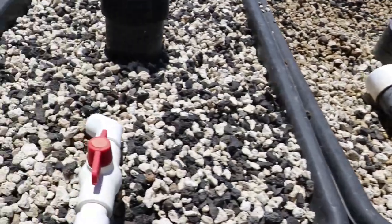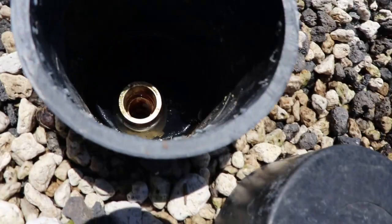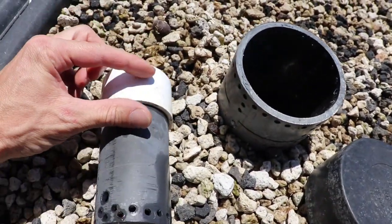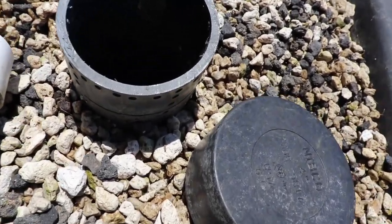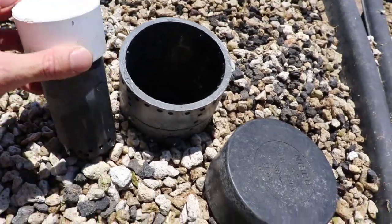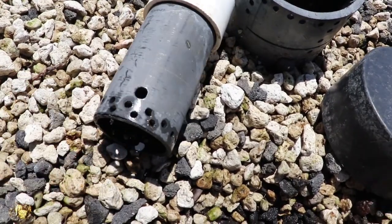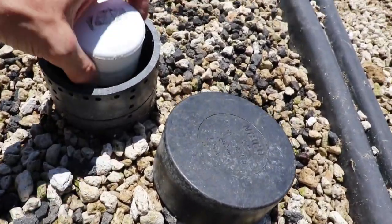The beds act as a filter for solid waste, and basically what happens is the water fills up to that standpipe right there, and then it starts to overflow in the standpipe. Then this will be sitting on top of it, and there's a little suction of air that gets trapped in there. Once the water starts overflowing into that standpipe, it pushes that little pocket of air down, and then it creates a siphon. The bed flushes itself empty until it reaches this point, at which it starts to gurgle, air gets back in, it breaks the siphon, and then the bed fills up again full of water. So it's a constant